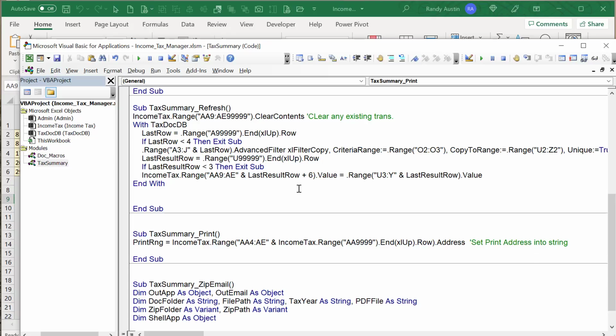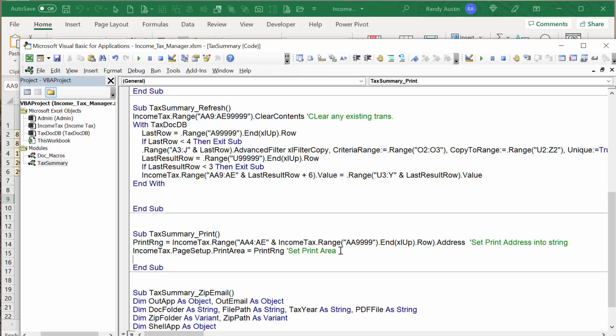Okay, so once I have it in a string, I can then use the page setup. So income tax dot page setup. And then what are we looking at? I want to look at, of course, the print area is going to be equal to whatever's in the print range. So print range. Okay, so now that we have that, that's going to actually set the print area. Once we have that, we can just print it out. Income tax dot range dot print